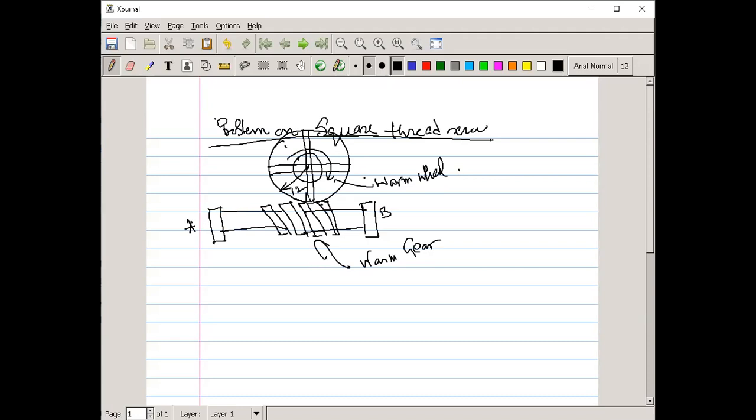So suppose a worm gear, if we denote it as AB, which has a radius of 1.5 inches, that is the R, which is 1.5 inch,